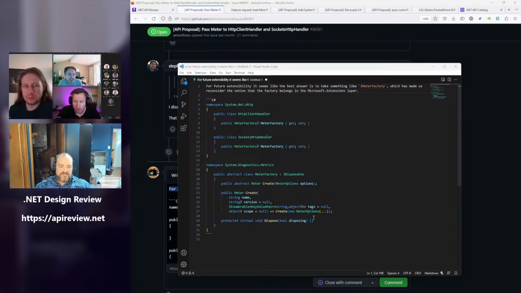I mean, the intent certainly was that the DI container where the meter factory is sitting, when you tear down the whole container, that would in turn dispose the factory, which then disposes all of the meters that are cached inside the factory, which ultimately sends signals to anyone listening to the telemetry, letting them know that the stream of telemetry has ended.